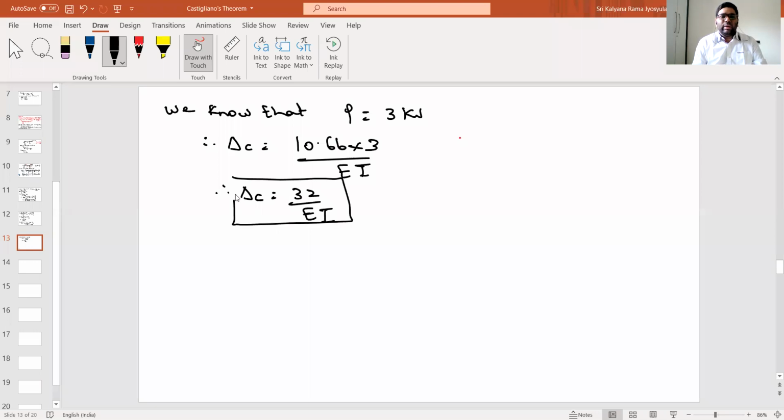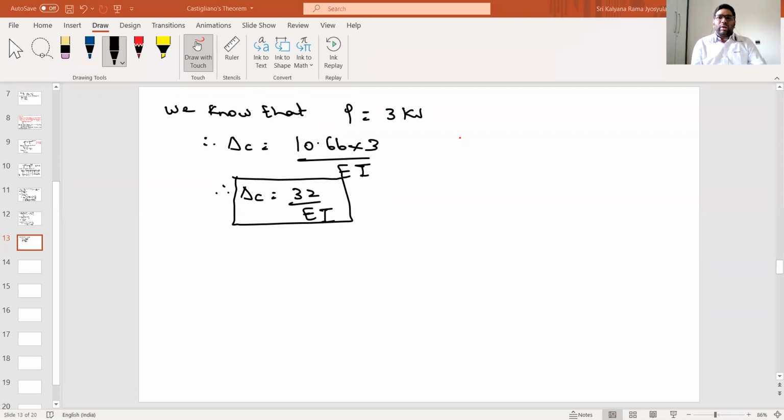So this is how we need to calculate the deflection of an overhanging beam by a simple process. Very simple. Just divide the beam into different components, and from that you will directly get the answer. Okay. Now, what else were we asked? We were also asked to calculate the rotation at point A.